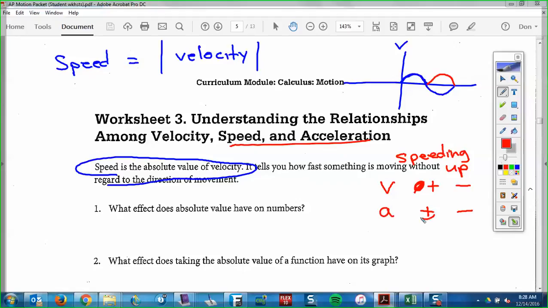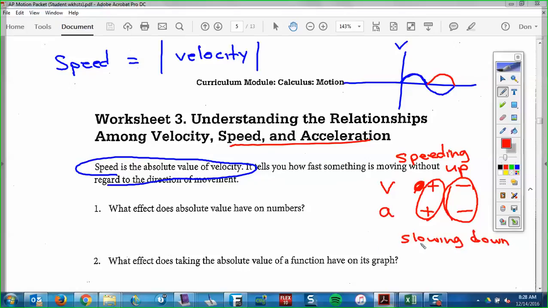Like in this case, the velocity is negative and the acceleration, which is its slope, is negative. The velocity is down here and its slope is negative, they're both negative, so you've got an object that's speeding up, okay? But then again, it's slowing down,